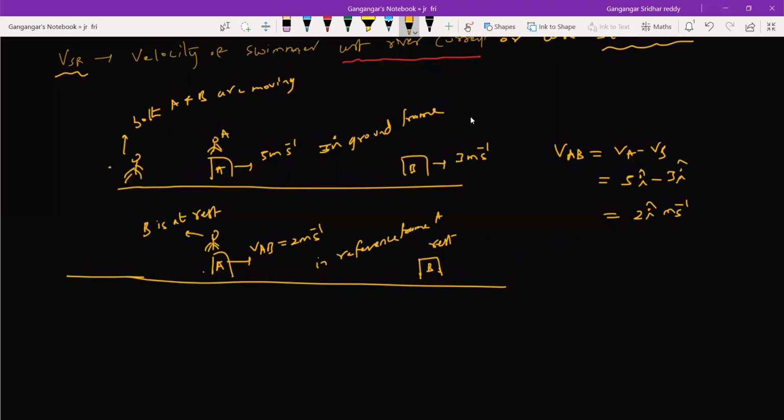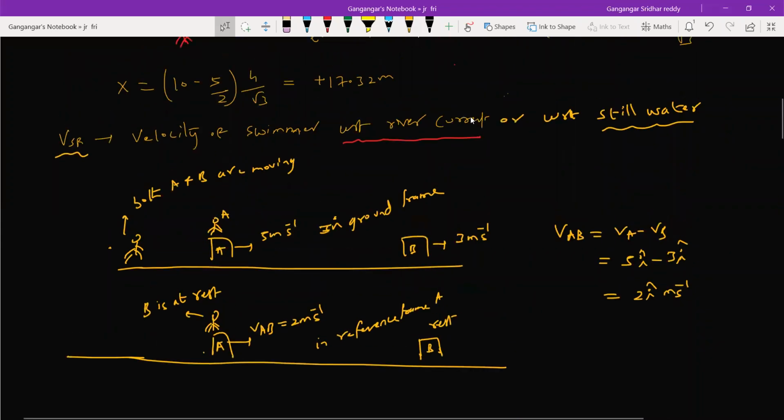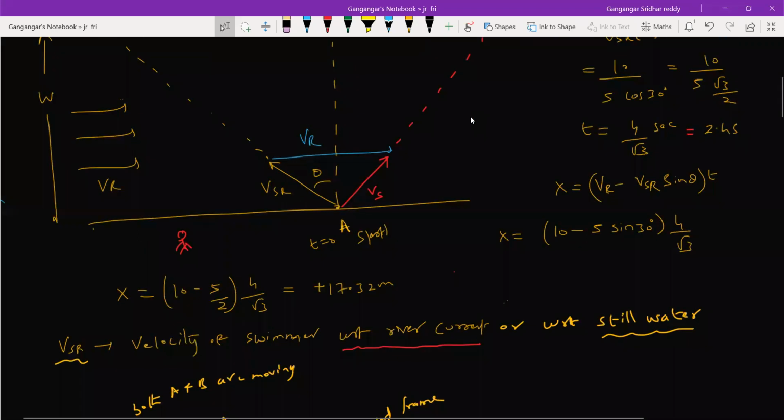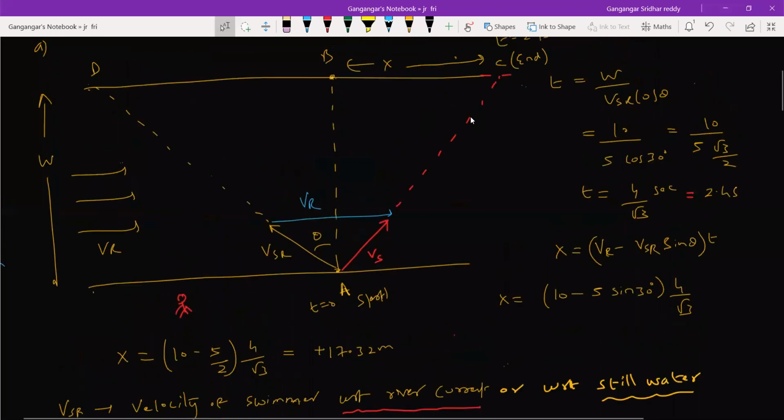Okay, now proceed in a similar way. So I think we already got a formula, no? So what are you going to do here? Calculate T and X in every case and show what can be the possible values. Okay, work it out, no? Just substitute VR and VSR sine theta in this particular formula, then we'll check the diagram, how the diagram will be in different cases.